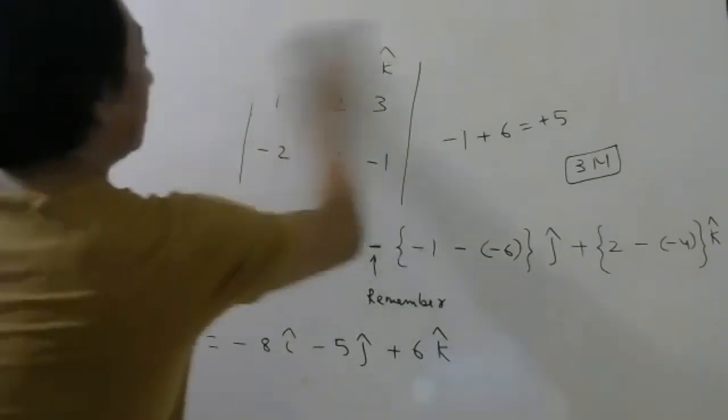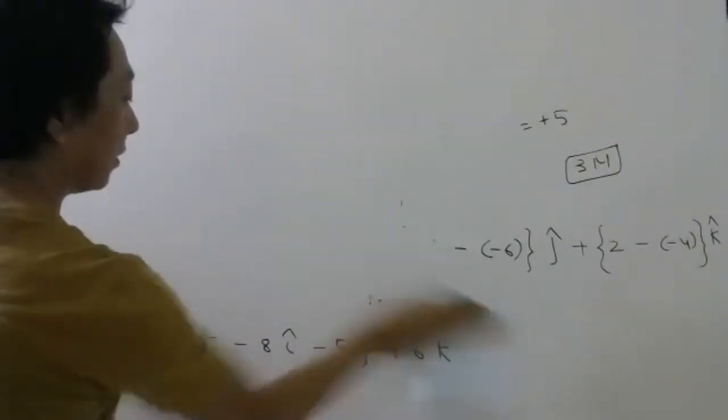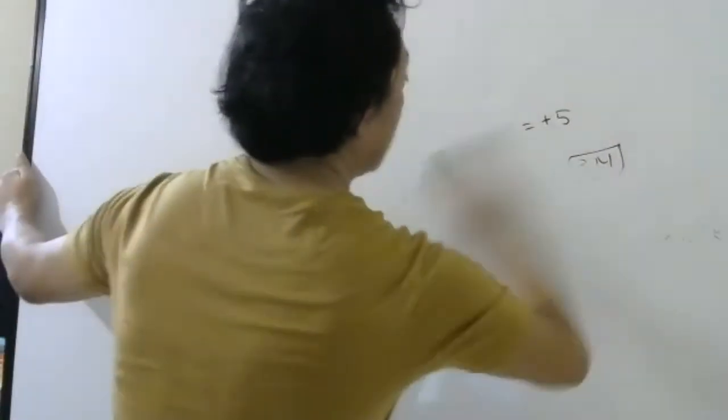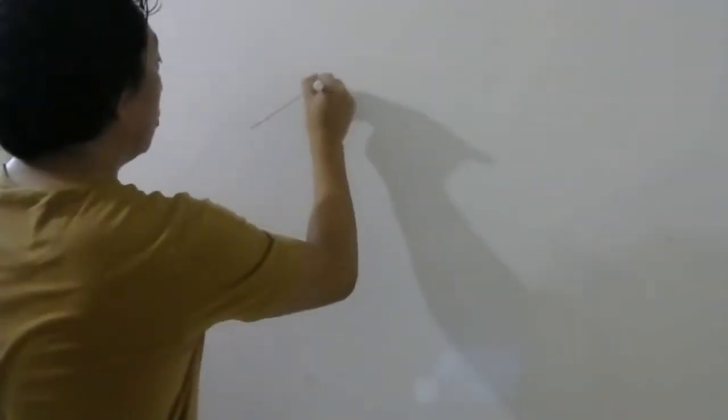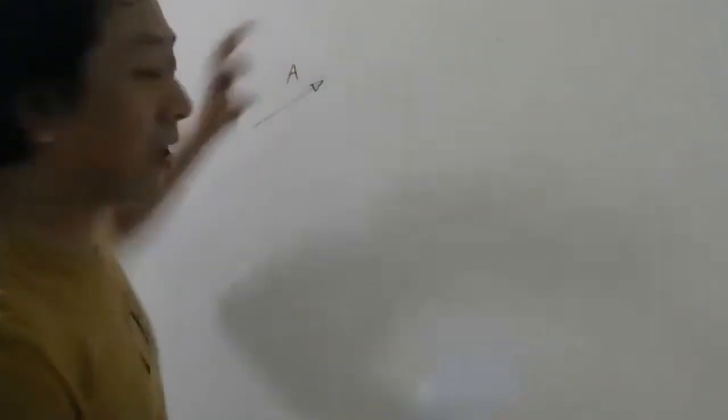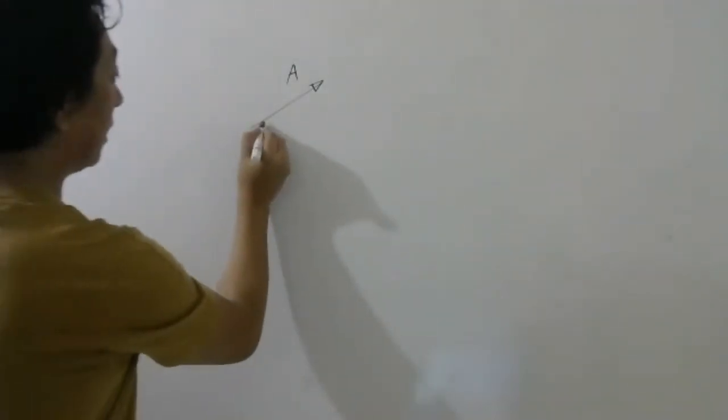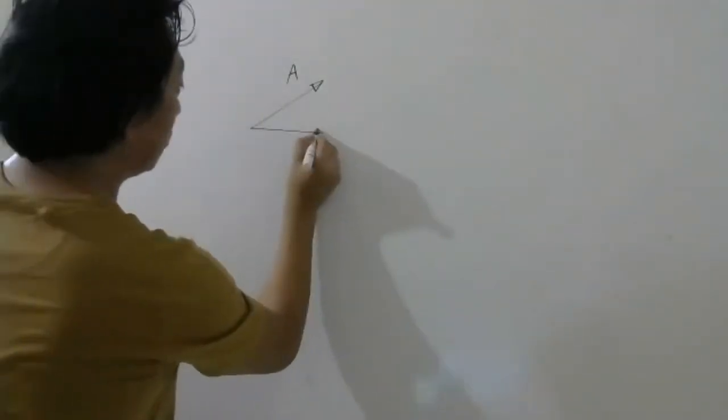Fine. So now the chapter is over. So mathematics, whatever tools are required, that is over. Some learning exercise we will do. But before that, I want to teach you one small technique. I hope you remember, if you have a vector A with some magnitude, and this angle is theta, you can divide this into two components.